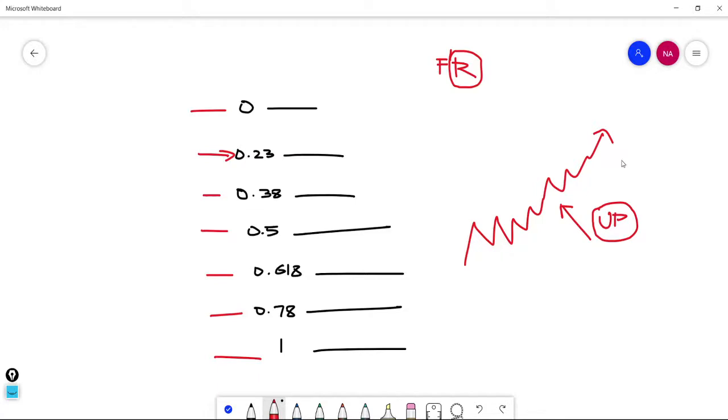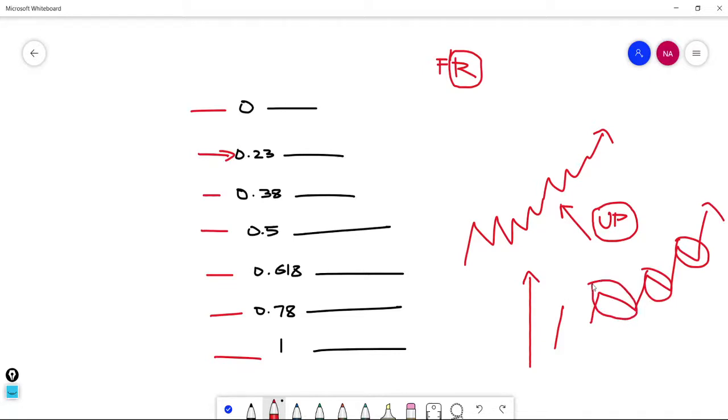Every uptrending move will not move in a straight line. Whenever the trend is moving up, it will give a small down move like this, small down move like this. The same applies to the down move also. Whenever the price is moving down, it will give a small up move like this. This up move, we need to make use of it to join this bigger downtrending move, just as the small down move helps us join a bigger uptrending move in the market.